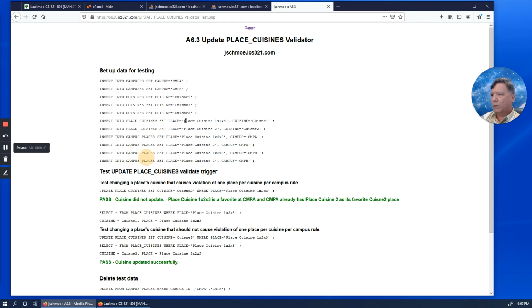We have this first place called Place Cuisine 1x, 2x, 3, and we're going to set that as a Cuisine 1. And then we have the second place called Place Cuisine 2, and we're going to set that as a Cuisine 2 type place. And then in campus places, we're going to assign to both Campus A and Campus B both Place Cuisine 1x, 2x, 3 as the favorite place, and Place Cuisine 2 as the favorite place of both campuses.